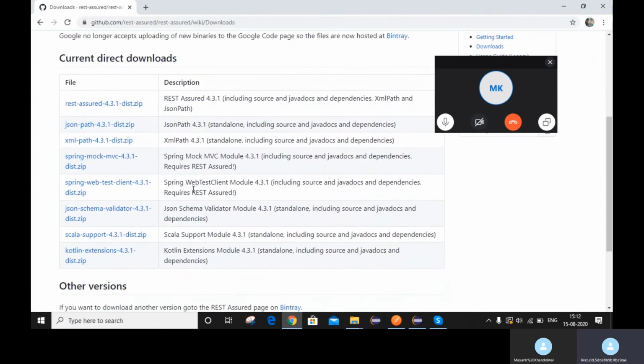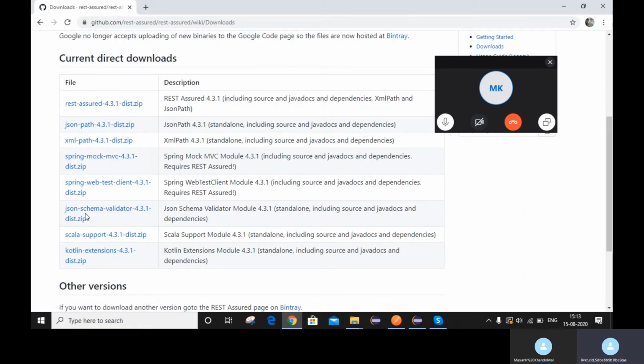Now here you can see many zip files. All these zip files are related to REST assured. You need to download them and set them up in your Java project. Let me first explain what jars we need and when we need them. These are REST assured, JSON path, XML path, and JSON schema.